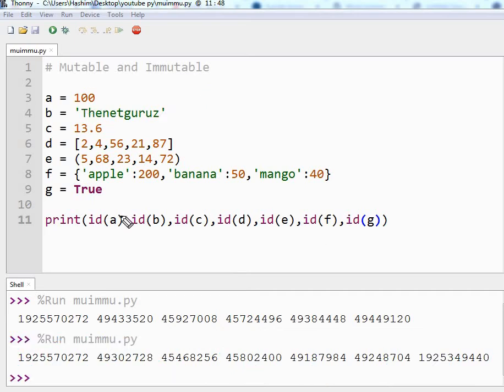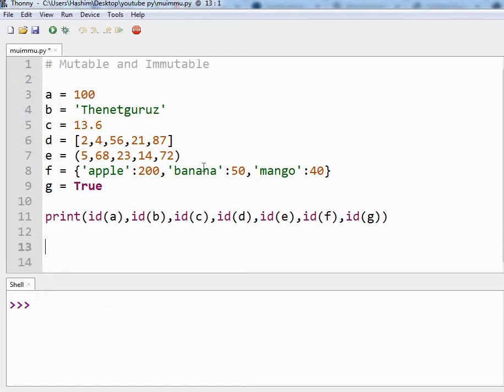So let us change some values for these variables, run the program and see if we get a different memory address. That will be fun. Let us assign some different values to our variables and see if we get any changes in our IDs.